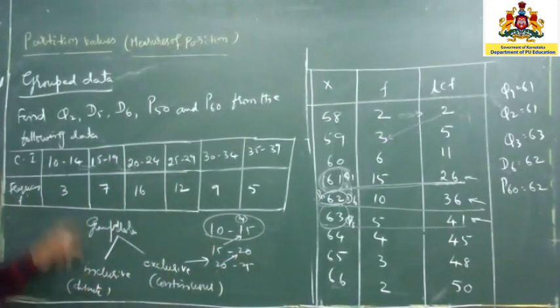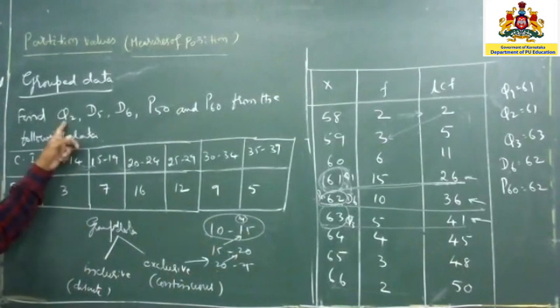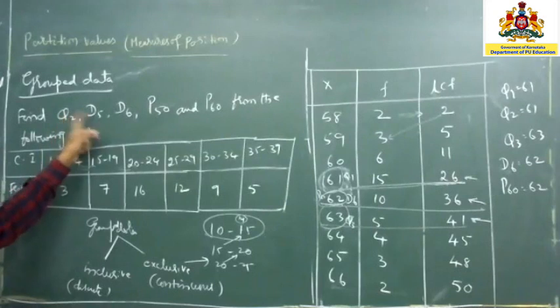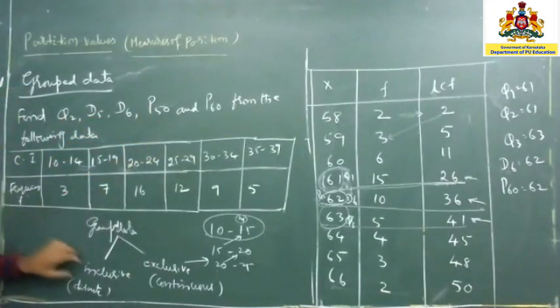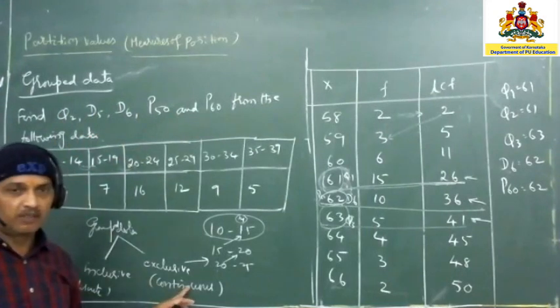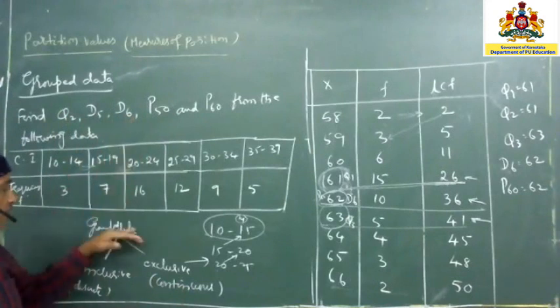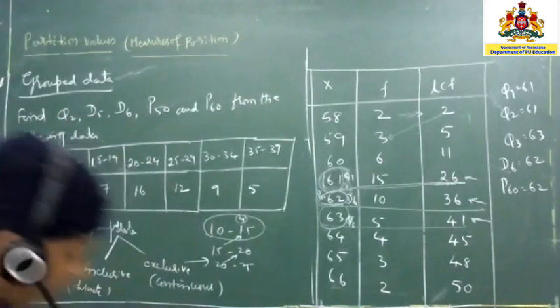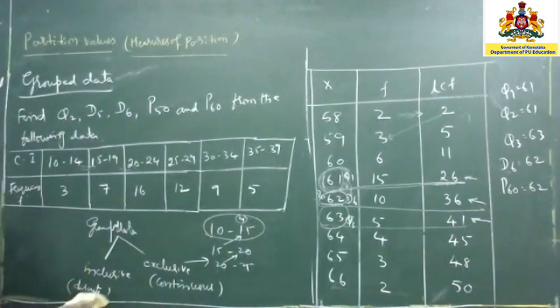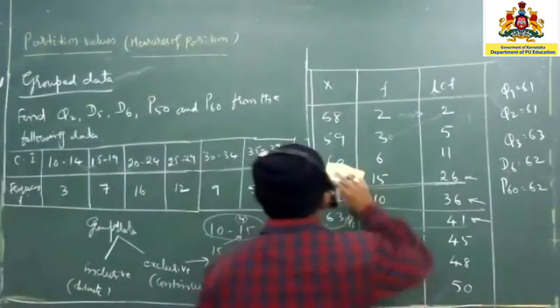So whenever it is given as an inclusive class, especially when you are asked to calculate either Q1, Q2, Q3 or quartiles, deciles or percentiles, if it is in the form of grouped data, especially in the inclusive class, you have to convert it into the exclusive class only. It means whenever you are going to calculate quartiles, deciles and percentiles, first you have to convert the inclusive data. Okay. So now how to convert it, you know already. So once again I am going to tell you here itself how to convert it.